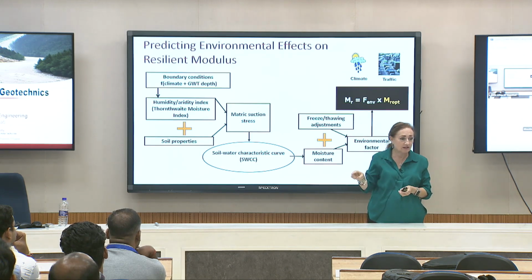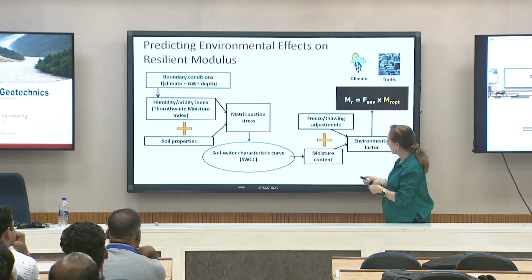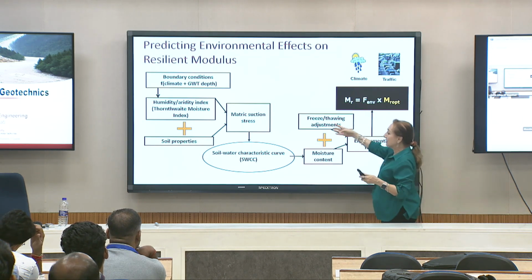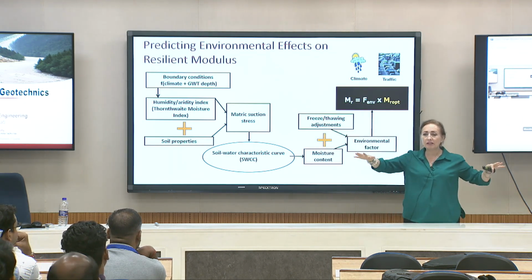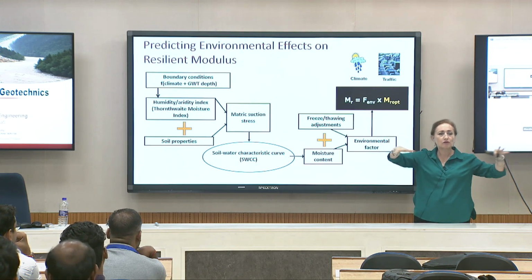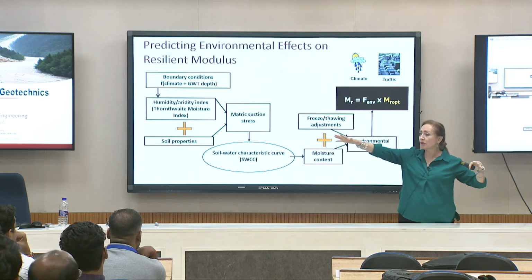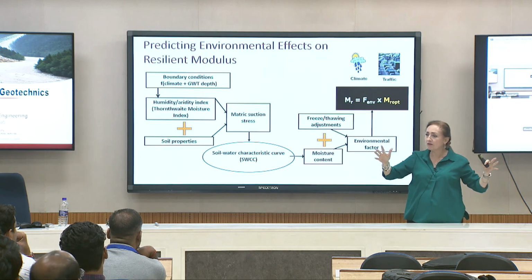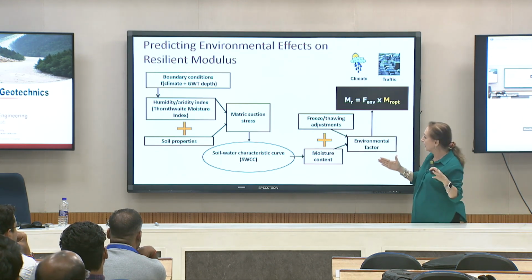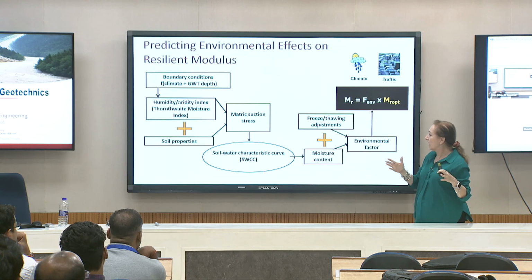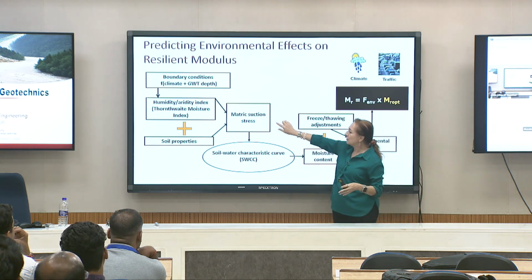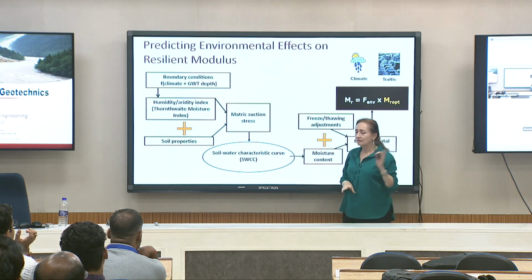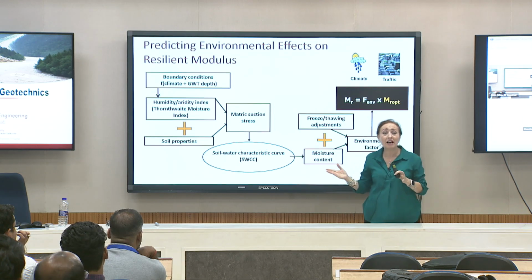You have the soil-water characteristic curve, you understand that. With the matric suction that you get at equilibrium condition, if you have this infiltration and evaporation forever, or a long-term condition, you get this equilibrium condition for that site. And if you have the soil-water characteristic curve, you can infer the moisture content. Now, to me, that would be enough to have this guy. But